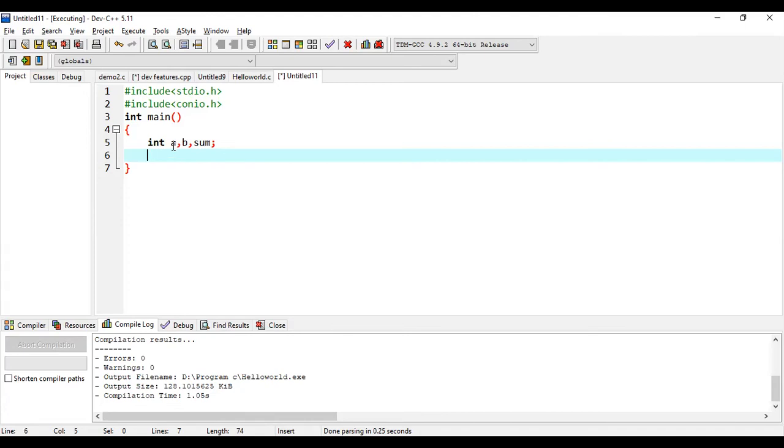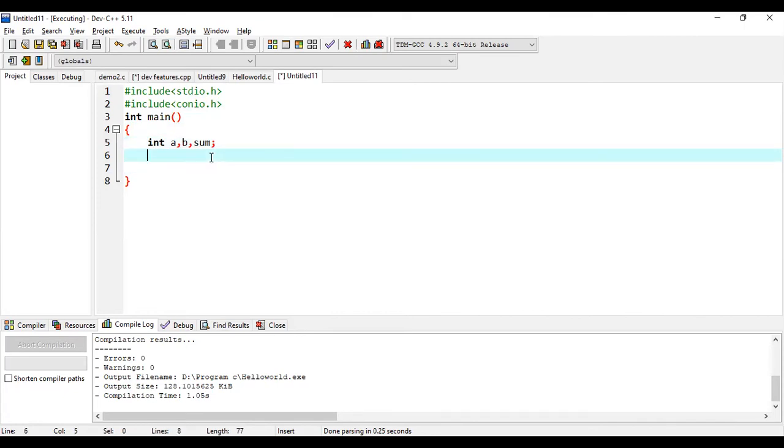Here I am going to read two integer numbers. I have declared the variables as integer, and I'm going to store the result in the variable sum. So for addition of these two numbers, I need three variables. A and B are used to read the values from the user, and the result is stored in the variable sum.